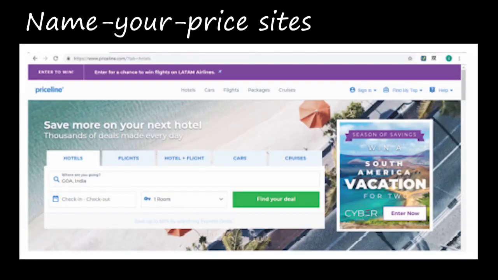And the next one is name your price sites. These are just like normal retail sites, only here the buyer will negotiate with the retailer for a particular service or a particular product, right? Here, the example is